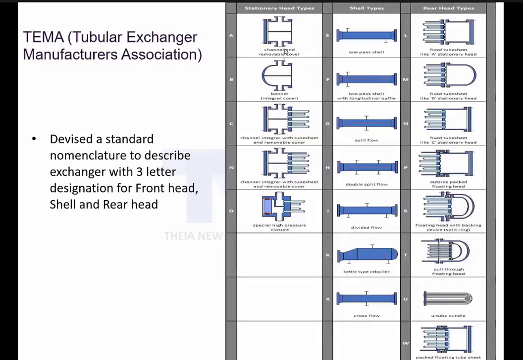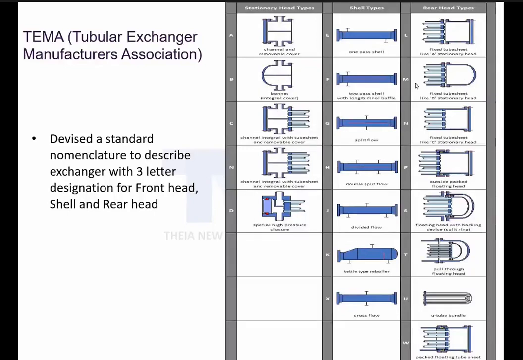But the problem with both types, A type and B type, is I need to shut down my plant. In both cases you have to shut down. You need to remove the inlet and outlet lines. You need to remove the entire bonnet, whereas with the A, you need to only remove this. But when you use this type of exchanger, with bonnet, you have no choice. The shell is attached. You need to remove everything. So it doesn't make any sense of having A. That is why I'm saying, whenever you see M, it is recommended to have B.